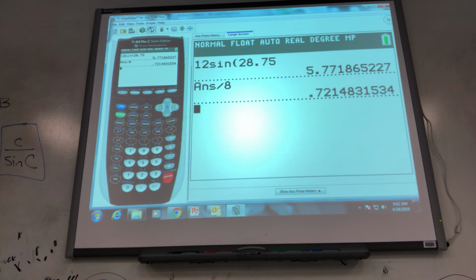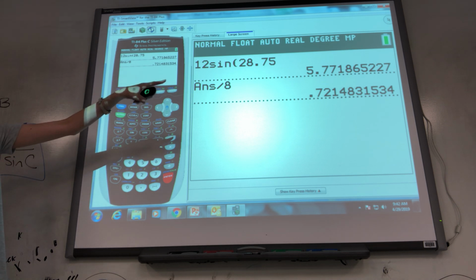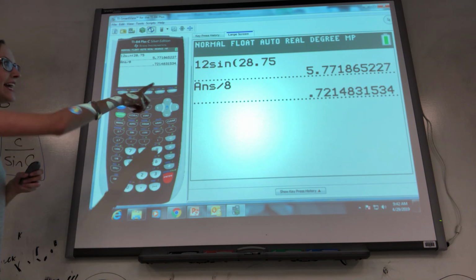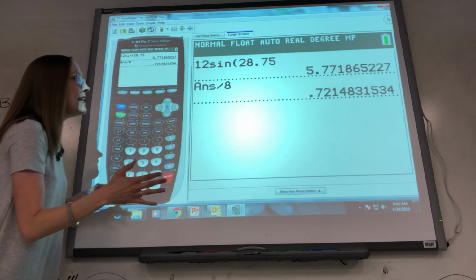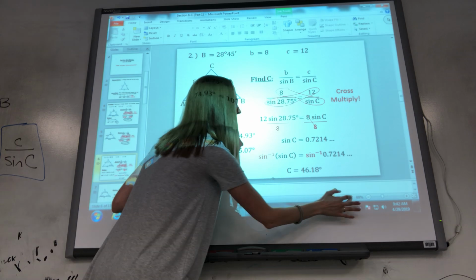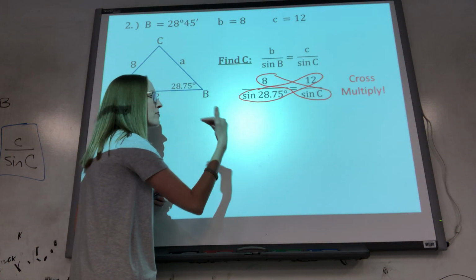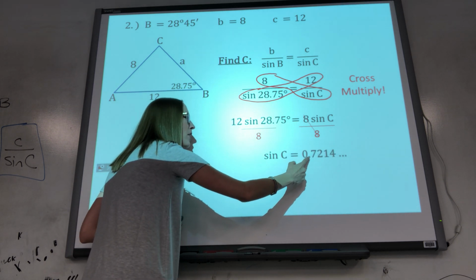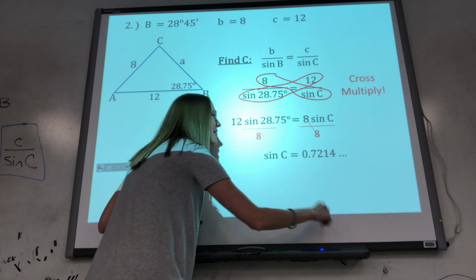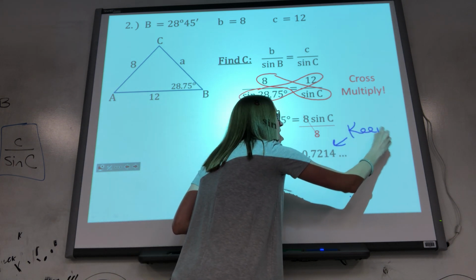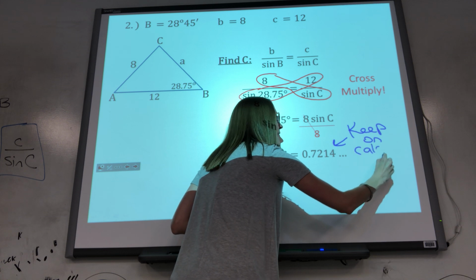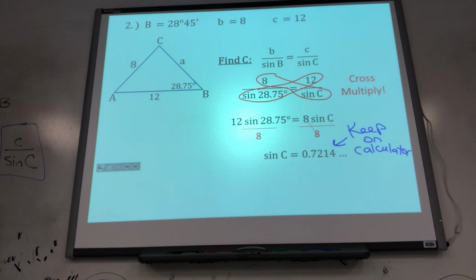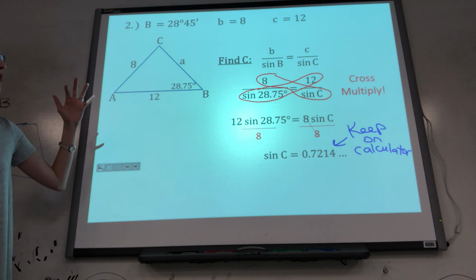Now, this is not my answer yet. This is still what sine of C equals. It equals that number right there. Now, because I'm not done yet, I wanted to have something to actually write down up here on the PowerPoint. So I just kind of put 0.7214... But if at all possible, keep that entire number on your calculator screen, and we will have one